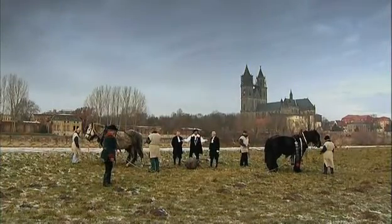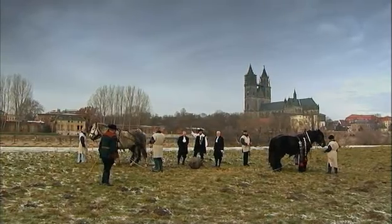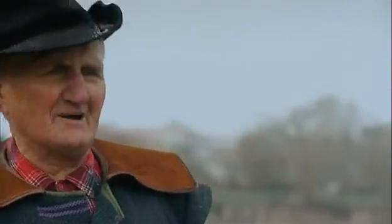Lasst uns das Experiment beginnen. Hubert, Oberstallmeister, übernimmt das Kommando. Alles fertig, Pferde stramm machen und...